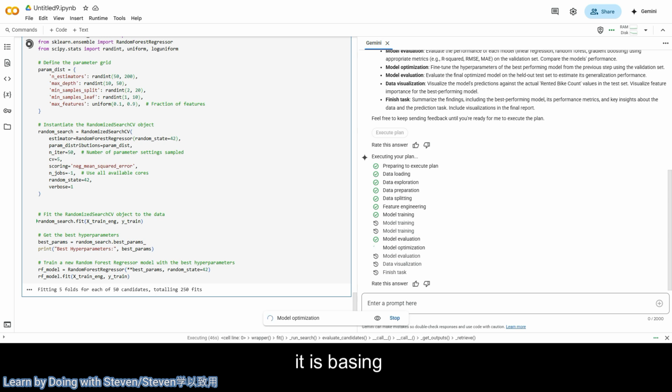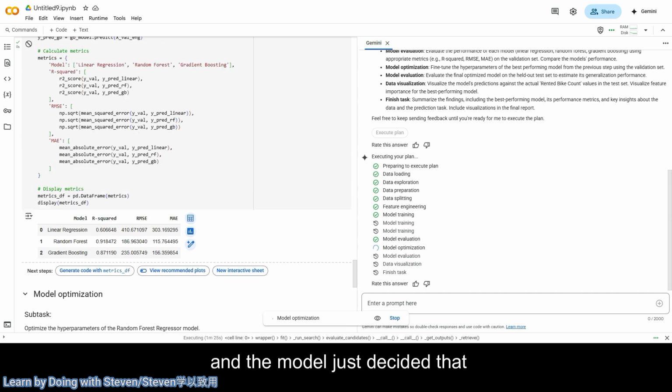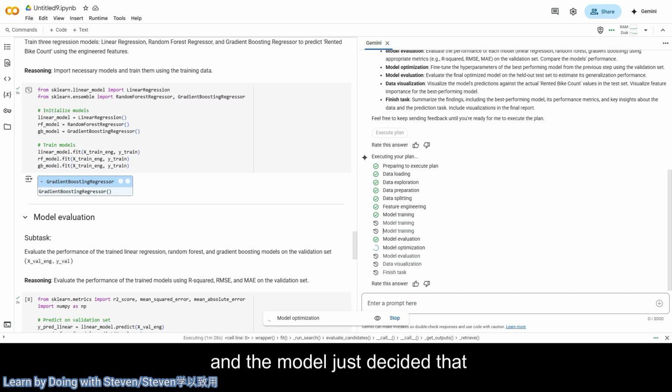I think it's very good because it is basing on the current model training results and try to see if there's ways to tune the hyperparameters and improve the model. But as you can see, there are several steps like model training. Here on the right hand side, it actually skipped. So basically, the model actually determined that there was no need for additional training. So as you can see, there were 3 models trained during the process, and the model just decided that it